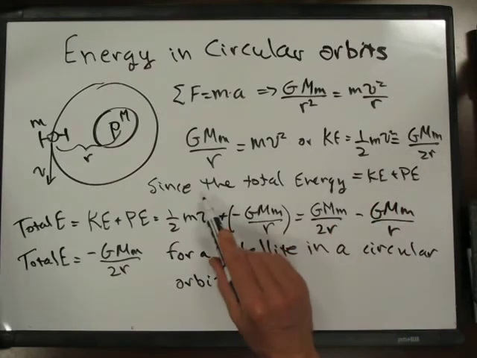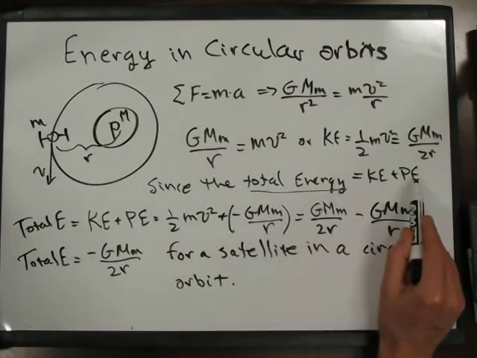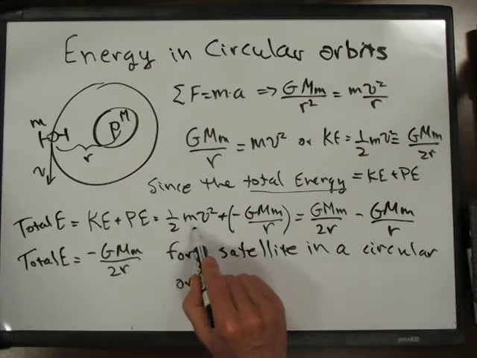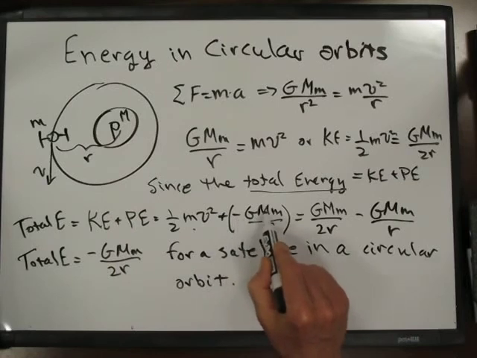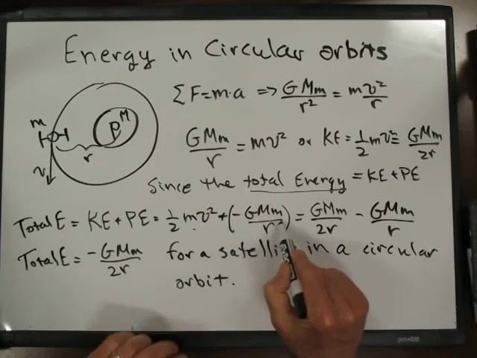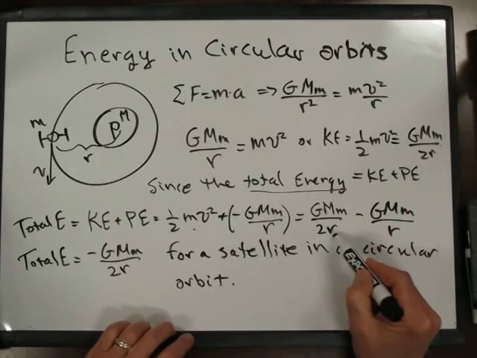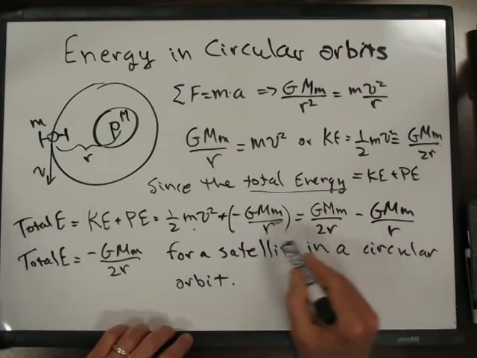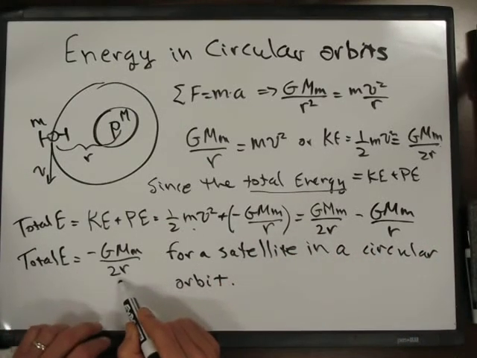So now we can talk about the total energy. Since the total energy of a satellite is the kinetic plus the potential, we can just add them together. Here's the kinetic energy, 1/2 mv squared. And if you remember, the formula for potential energy was minus GMm over r. Well, if we use this formula for the kinetic energy, GMm over 2r, for the kinetic, and then we subtract GMm over r, what we get is the total energy is negative GMm over 2r for a satellite in a